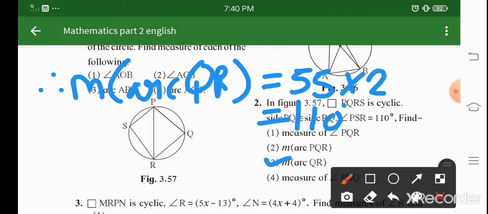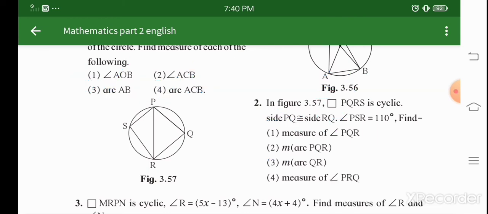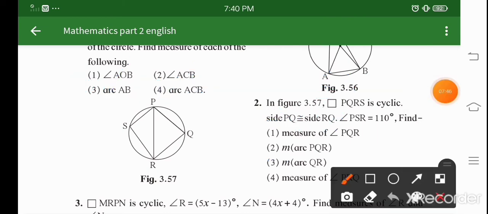So now next, what they have given, measurement of angle PRQ. See, PRQ, this angle. So we just found this one, so this will also be found, right? We had given the equation here, these two are equal by that theorem, the isosceles triangle theorem, these two angles are equal. So if this is 55, this is also going to be 55 from that one.